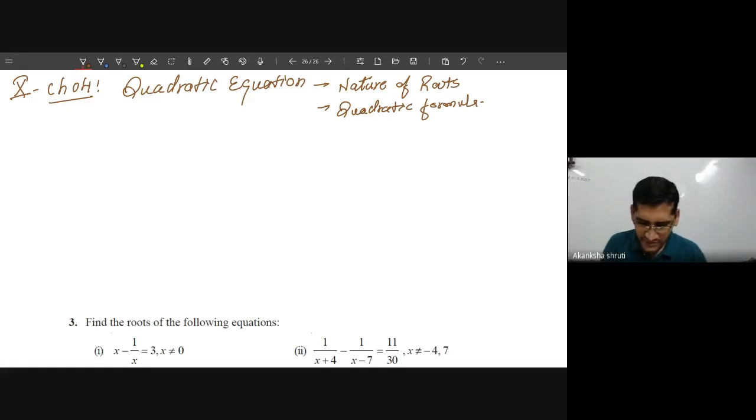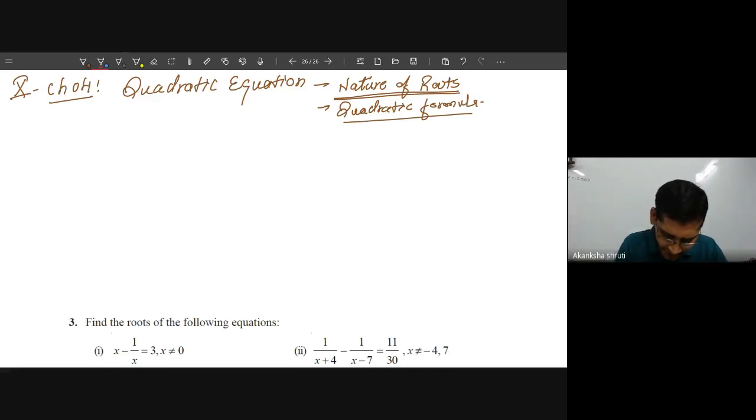Good evening, dear students. Today we will learn the topic nature of roots of quadratic equation, exclusively based on how the questions are framed. Last class we learned what we mean by the nature of roots and how the nature of roots is predicted. But if the condition on the nature of roots is given, then certain other unknowns can be calculated. So how to calculate that? It is again a part of our quadratic formula.